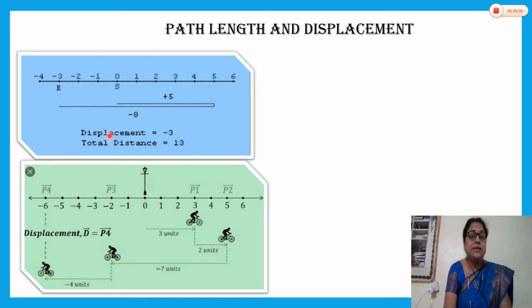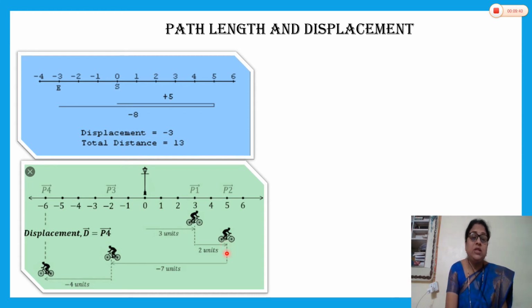Again see in this diagram, the vehicle is moving along a straight line path. Here from origin it moves up to 3 units, then again moves by 2 units, means the total distance is 5 unit and displacement is 5 unit also here. From point O to the second position, the displacement and distance both are the same because the object is moving along the same line and in the same direction. There is no change in direction.